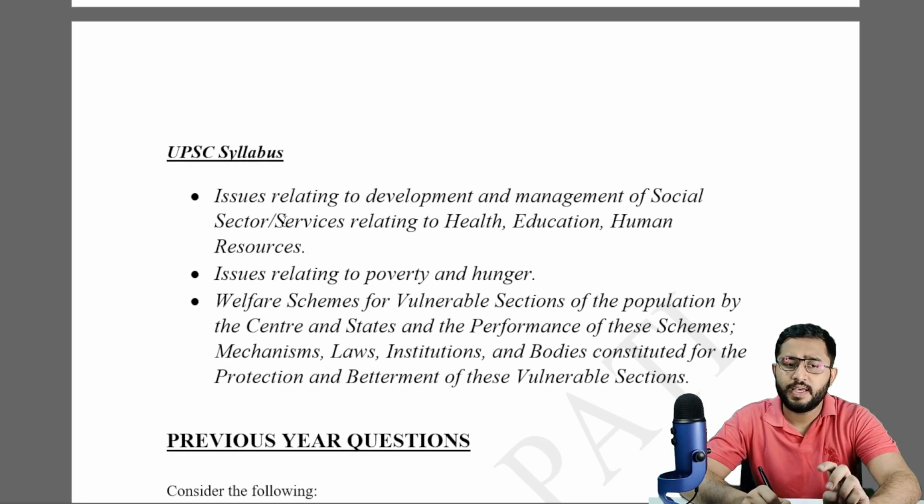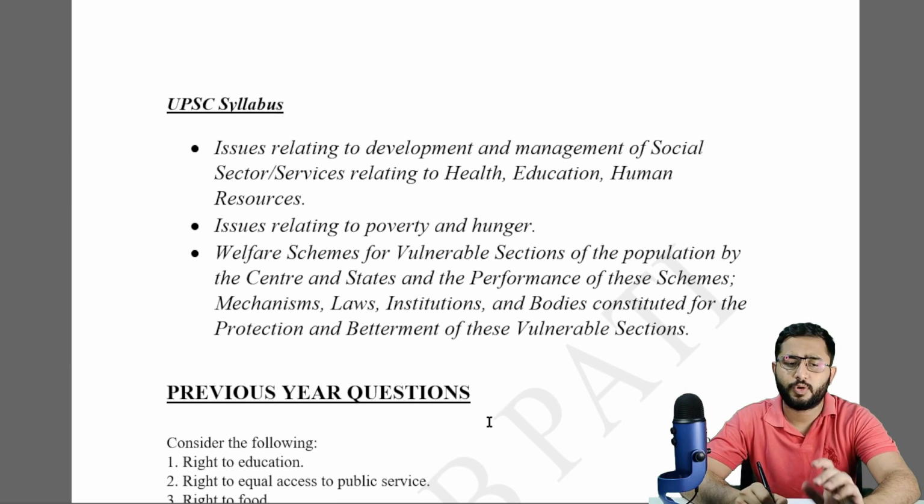The first one is issues relating to development management of social sector services relating to health, education, and human resources. Then they said issues relating to poverty and hunger. And lastly, they mentioned welfare schemes for vulnerable sections. And in that they added the mechanism, laws, and institution bodies that are constituted for protection and betterment of these